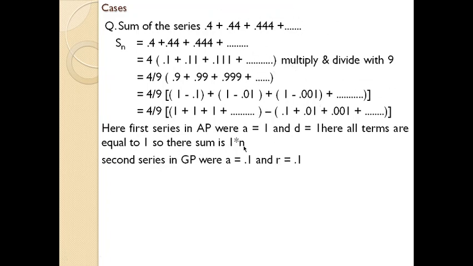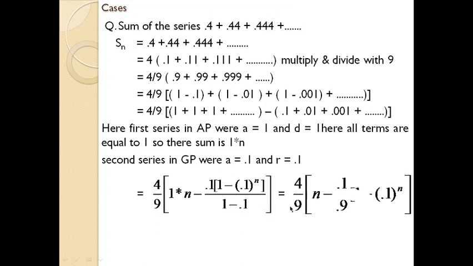In the second part it is geometry progression where A equals 0.1 and R equals 0.1. So here R is less than 1, so you need to use the second equation. Substituting the values in the equations, you will get 4 by 9, that is a common number, 4 by 9 into 1 into n, that is this part. For the sum of the n terms of the arithmetic progression, you will get 1 minus n, which we have already found. This minus, substituting the values of the geometry progression case in the second equation for the sum of n terms of geometry progression, you will get like this.